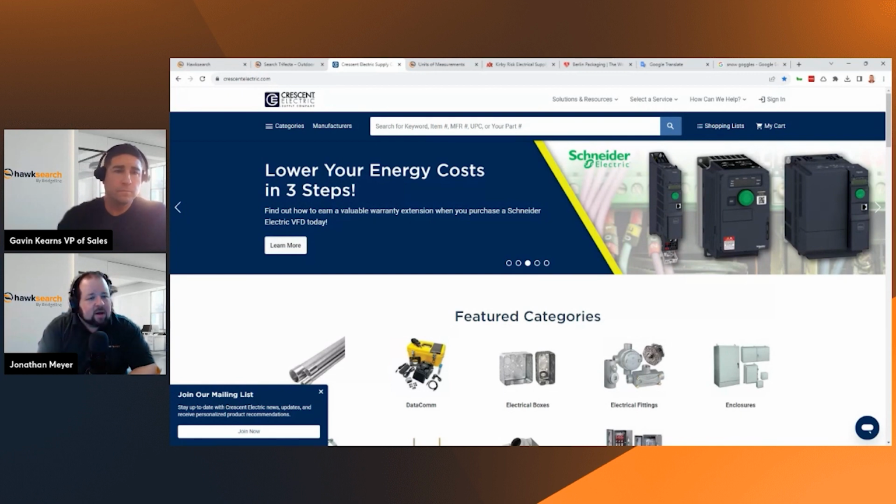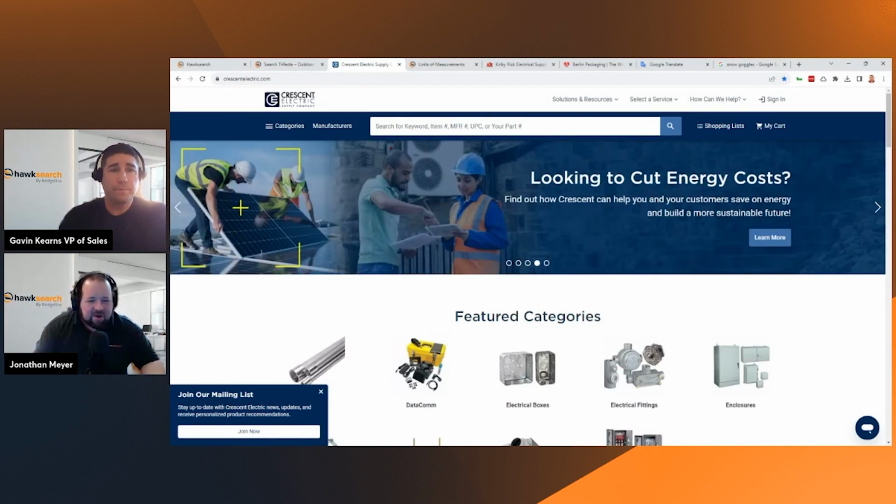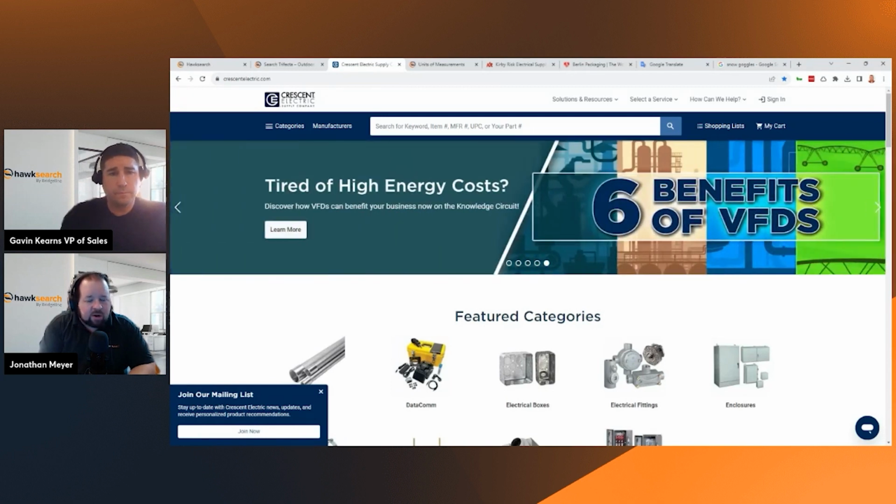Gavin, you had that as part of your feature slide there, where you were showing off here's what's already in the tool. And now we're really built for a lot of B2B use cases here. And so let's give you an example here of a client of ours that is using this unit of measurement conversion that allows HawkSearch to understand intelligently what the search terms are that your visitors are providing, regardless of how the data is structured.